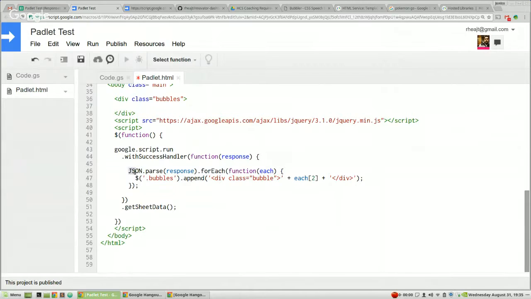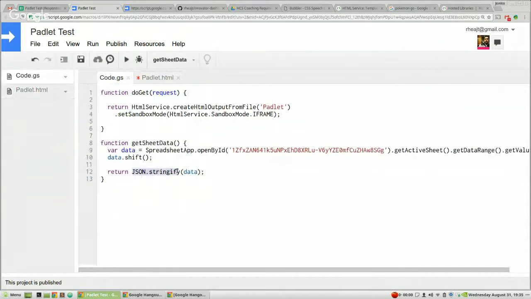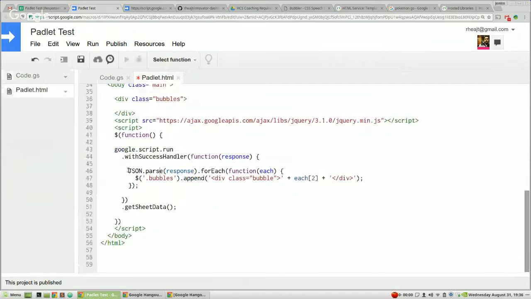JSON is like JavaScript object notation. Right. It's an object, but it's formed with key value pairs. And there's a method called stringify that takes that object and turns it into a string. And by a string, I just mean a normal string, like anything inside of these quotation marks. So I'm turning the data object we get here into a string. But it's only getting. And then on the other end, I'm turning it back into